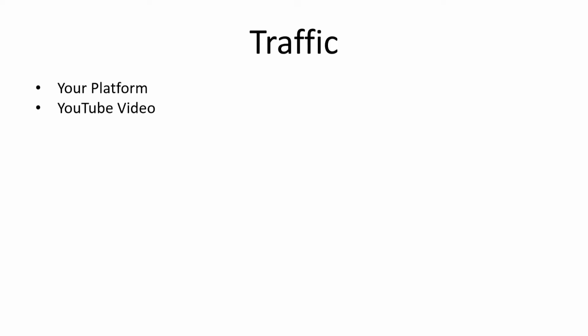Of course, one of the best ways to do that if you don't have a platform, and even one of the ways that you can build your platform, is to use YouTube video. You can optimize YouTube video so that people can find your video in search, click on a link, and then come to your site. Now, they can actually come by clicking on a link inside of your video, which is called an annotation, or they can click on a link that is in your description area.